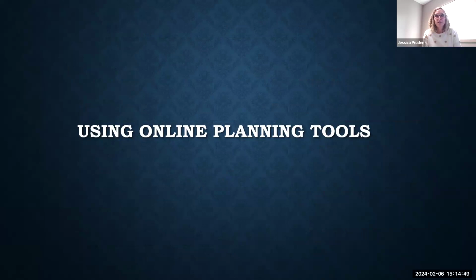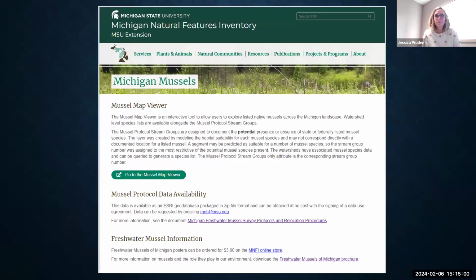So how do you know if your project occurs where a listed species, in this case, freshwater mussels, may be present? Well, we have quite a few online planning tools that I think are really helpful. The Michigan Natural Features Inventory Mussel Mapper is a fantastic resource for identifying river and stream group. The Mussel Mapper currently has riverine areas delineated as group 1 through 3, but the majority of mapped impoundments are not in the mapper yet, with the exception of a few. And our hope is that, once again, the lake and reservoir groups will be incorporated into the Mussel Mapper, hopefully